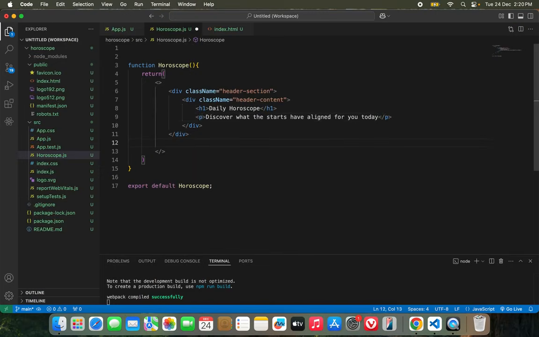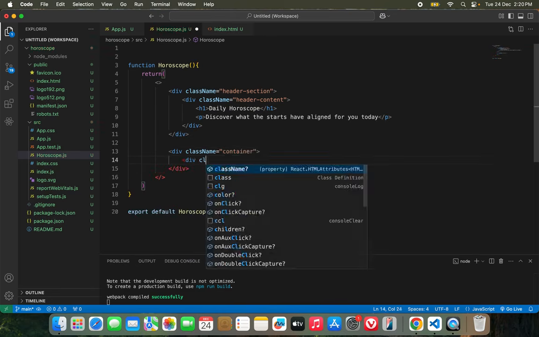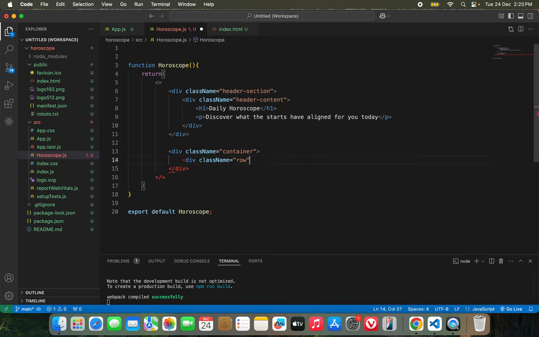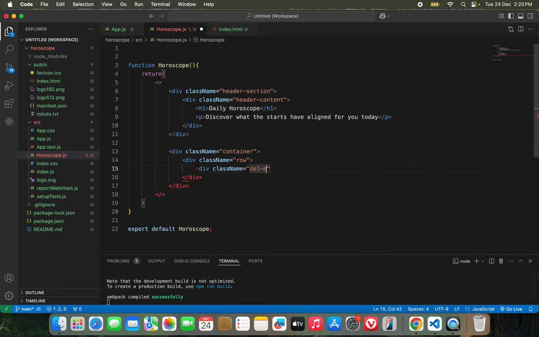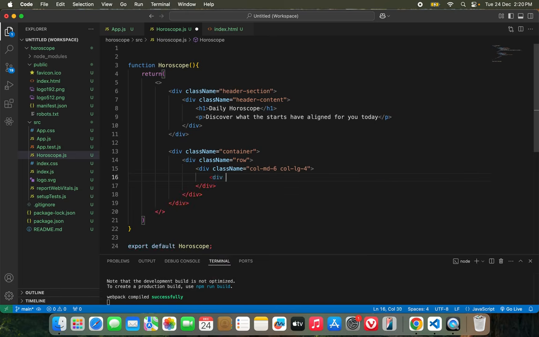So after header section I'll make the container for the horoscope section. Inside the container I'll have a row, and inside the row I'll have a column. Makes sense, right? So md-6 lg-4. Yeah, cool. So now what I need to do is create a